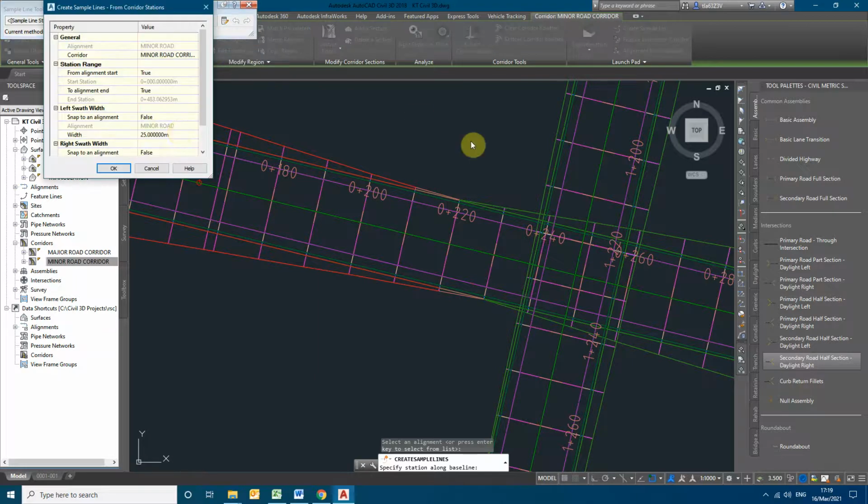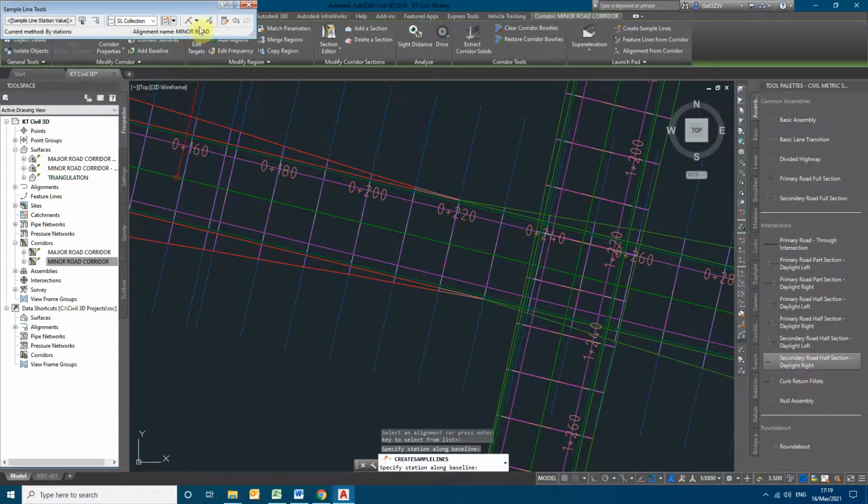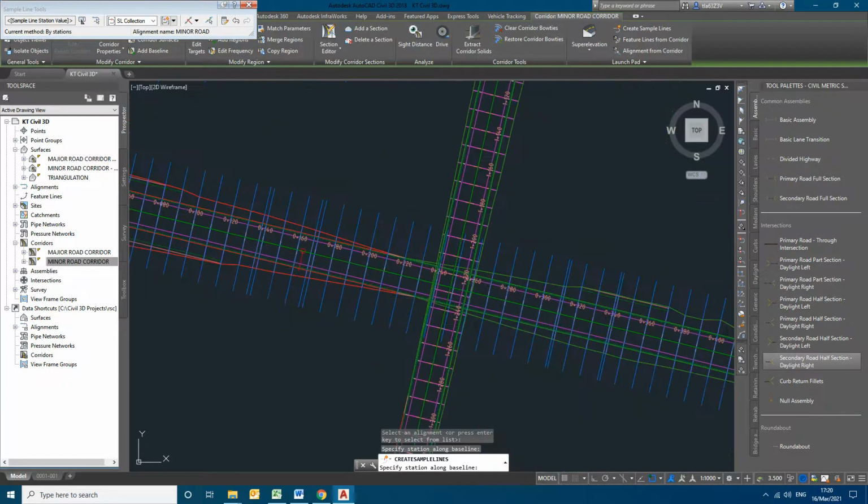So this can be done from here. So our buffer length I can take it as 25 default. You can make it 40, 50, 100 also. But 25 what they had given is enough, or you can make it 30, no problem. So up to 30 meters on both sides, the cross sections will be created. So you can see the sample lines that are generated for 30 meters on either side.